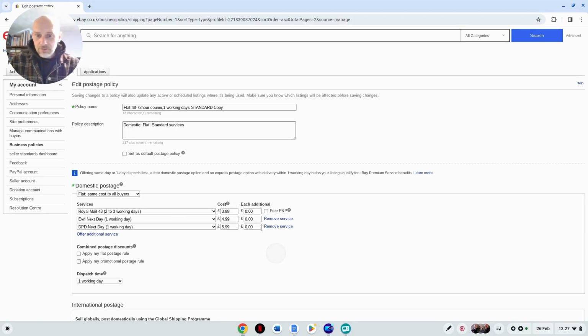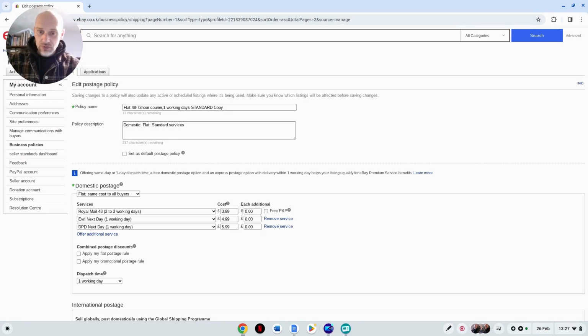Now you have the option here that if people were to buy more than one item, so if I was putting this up for pre-made bundles, so for example a wee pre-made bundle of books weighs less than 2 kilos, but people could potentially buy another pre-made bundle of books or a wee box set, then do I want to just charge the one flat rate postage and take the hit on any additional costs, because that could double it, or do I want to make sure that I'm covering